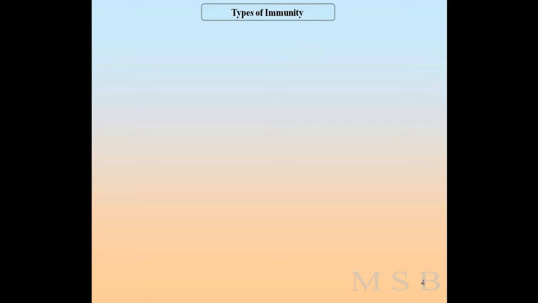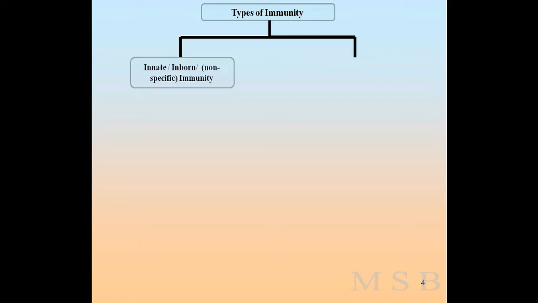Let's talk about the basic structure of the immune system. In the immune system, there are three lines of defense: the first line of defense, the second line of defense and the third line of defense, that protect our body from various microorganisms and even from non-living things like toxins, metals, etc. So the immune system is divided into two types, innate immunity and adaptive immunity. So let's see about innate immunity.